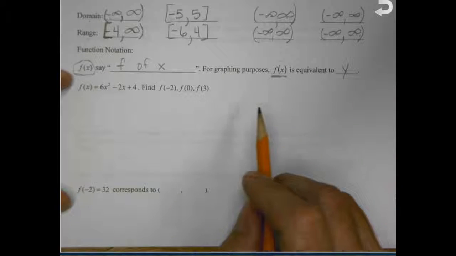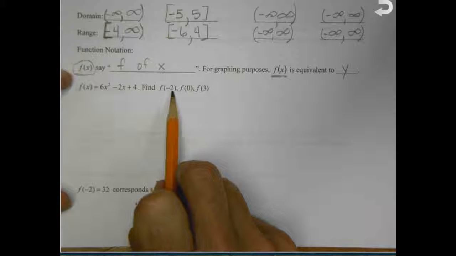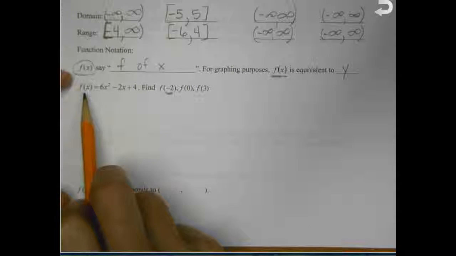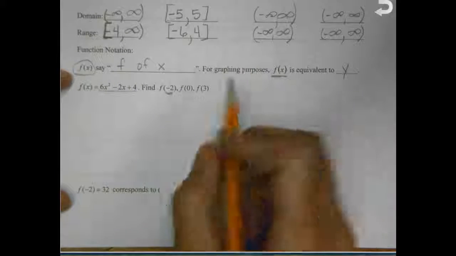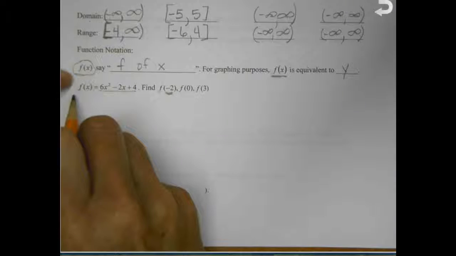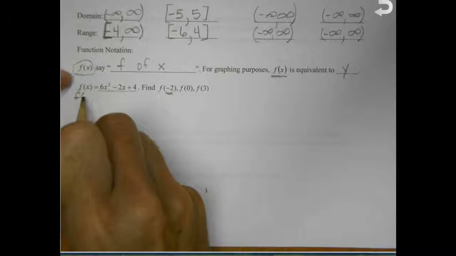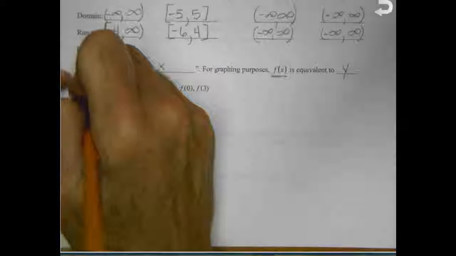But we use the notation to tell us what we want to plug in for the x. So if I have f of x equals this nice quadratic, then I say I want to know what f of -2 is. And you can see that where I have